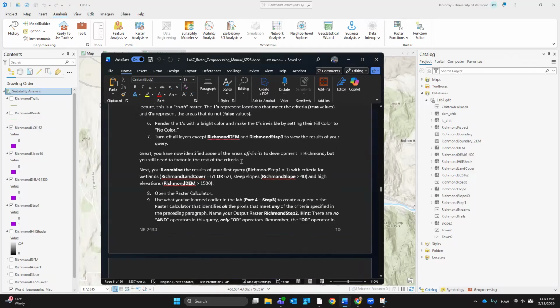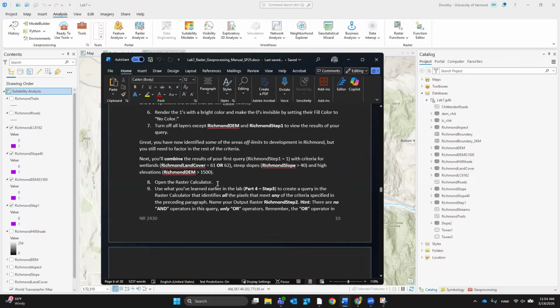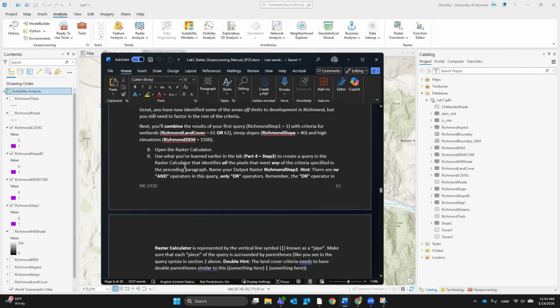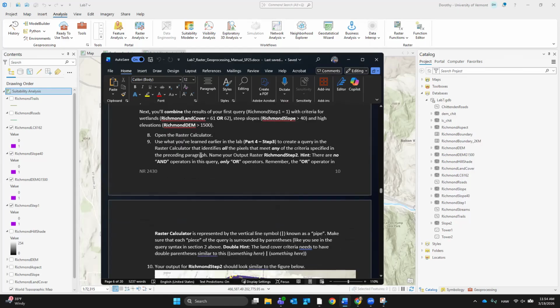Okay, now you've identified off limits in step 1. Now we're going to combine these three horrible raster files. Use what you've learned to create a query in the raster calculator that identifies all the pixels that meet any of the criteria specified in the preceding paragraph, that meets any of them.